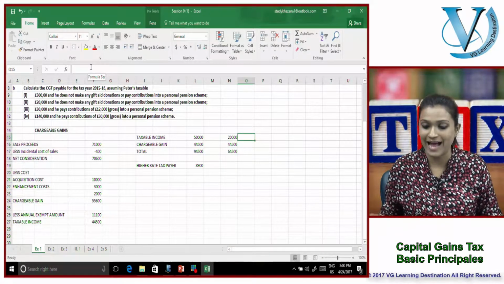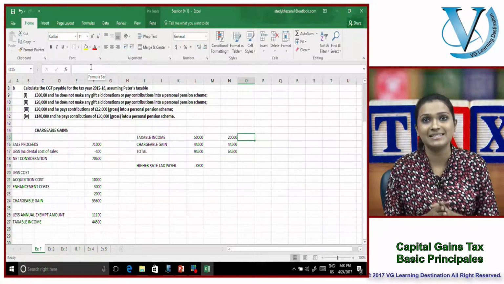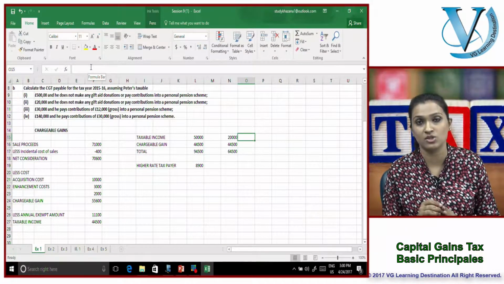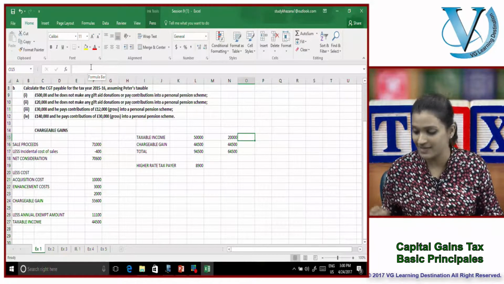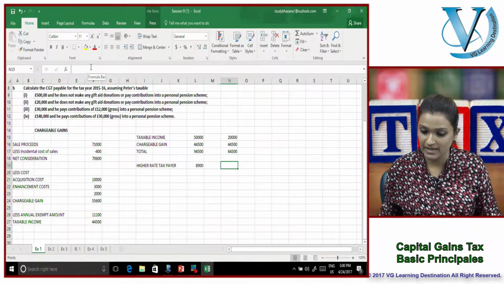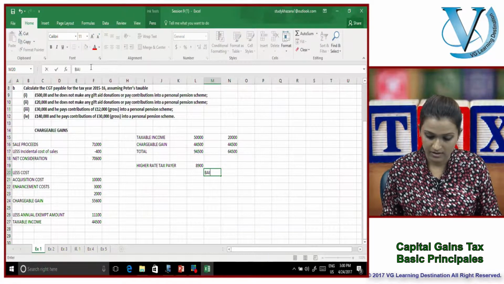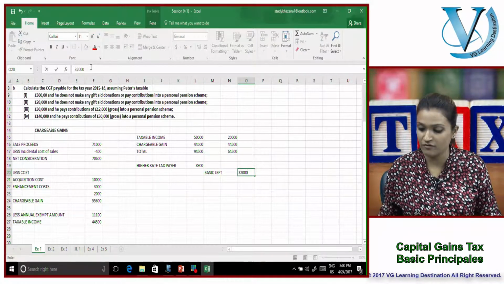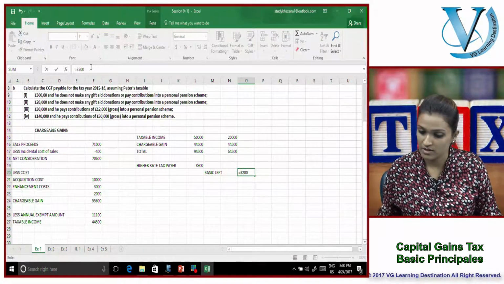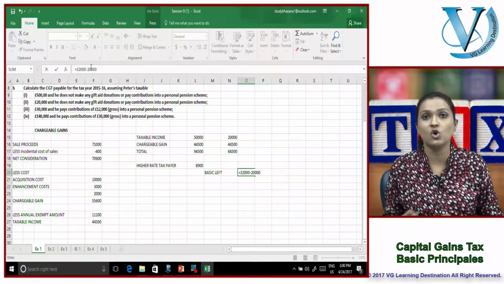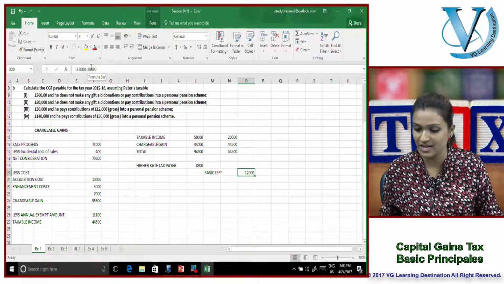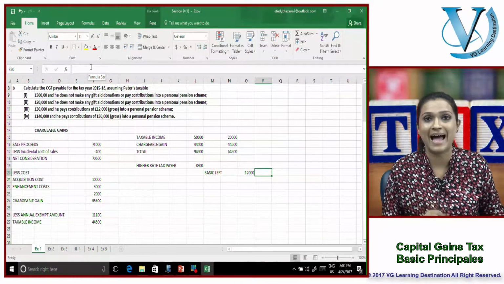Now what happens? Your taxable income in itself is less than the basic threshold level of 32,000 pounds. How much of your basic threshold level is consumed by income tax itself? So the basic threshold level which is left is how much? Out of the threshold level of 32,000 pounds, you've consumed 20,000 in your income tax. So you still have 12,000 pounds of your basic threshold level, which you're going to pay tax on your CGT